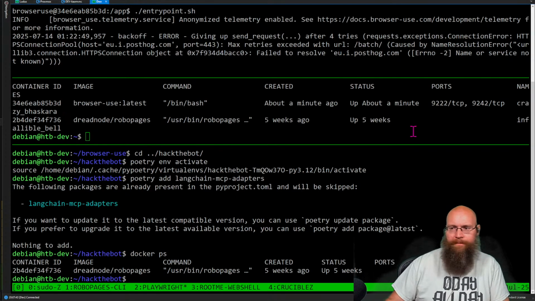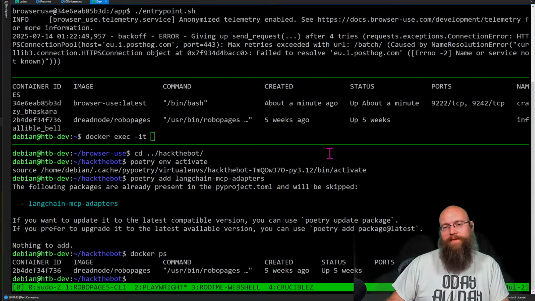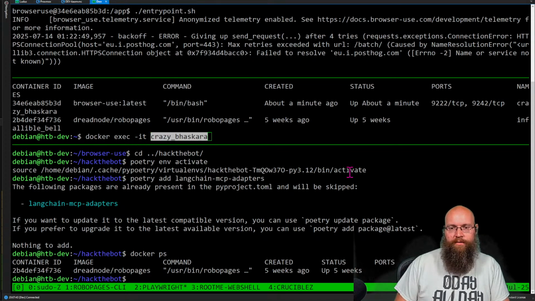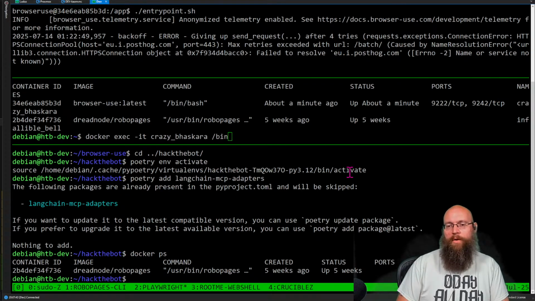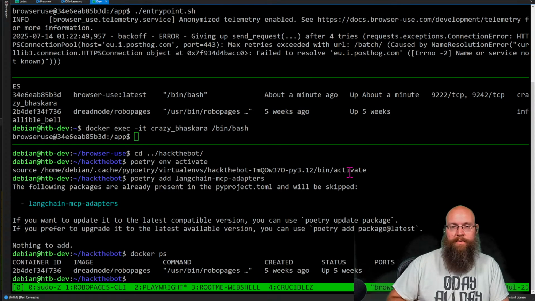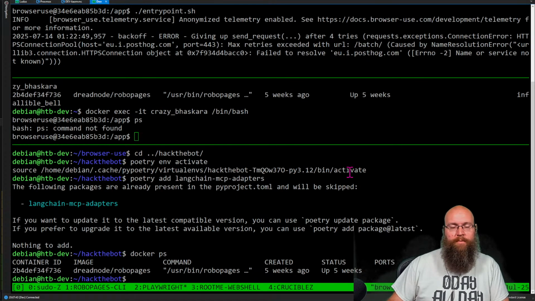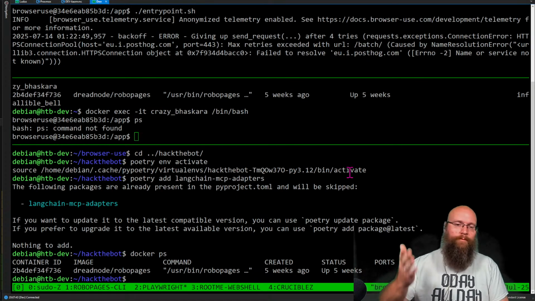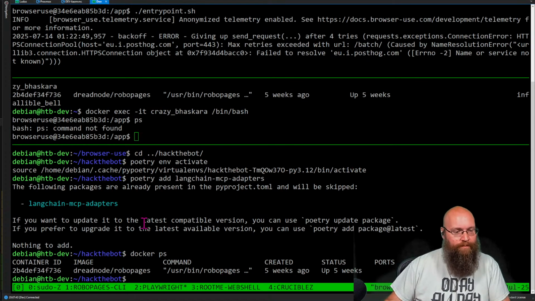Let's see here. Okay, so we got the name of the container. Let's go bust into that. So we'll do docker exec. If you want to know what this is, this basically says, give me an interactive terminal. And then we give it the name of where we want to execute it, and we just give it the command we want. Yeah. So now if we run a ps, really ps isn't in there. You're killing me, Smalls.